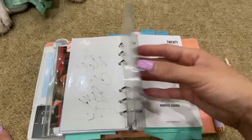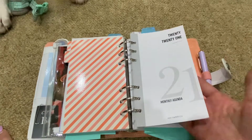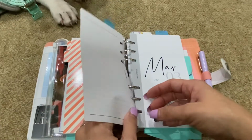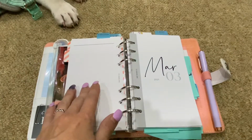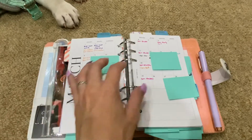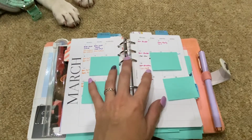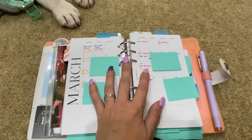Then you've got my calendar section. So the very first thing is my month. Now, I only started using this planner in March, so I took out the other months that I didn't need. So I'm just trying to work out what system works for me. Everyone color codes, people just do stickers,